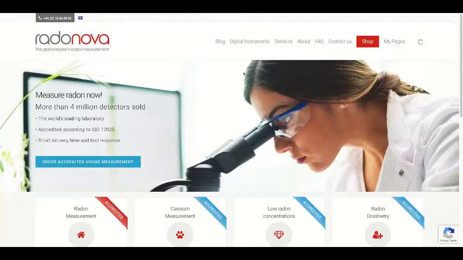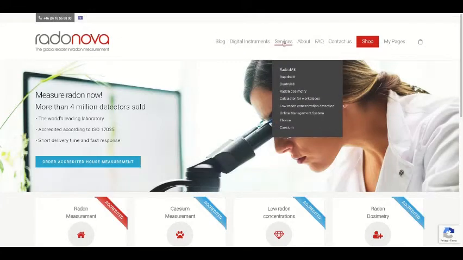The steps will be, first of all, we will choose the rooms, ground floor, and so on, and then we will choose the size of every single room. So let's start. So we go to Services, we click on Calculator for Workplaces,